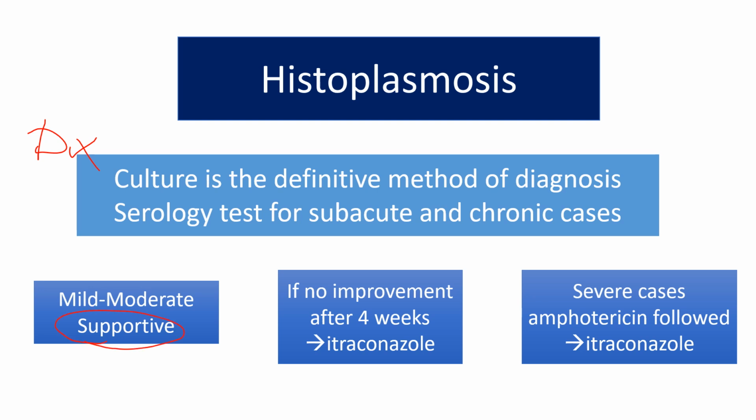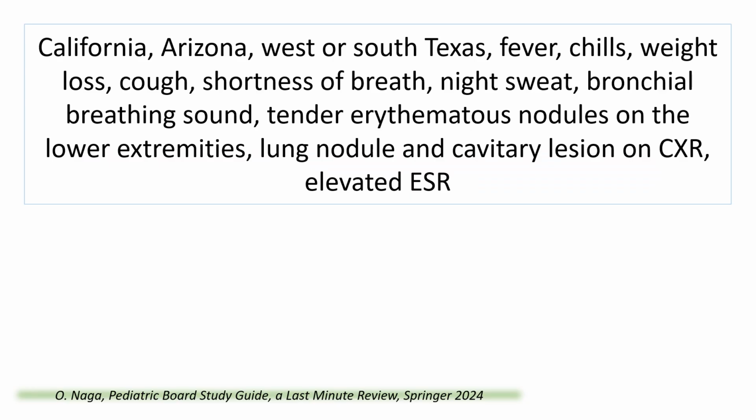If no improvement after 4 weeks, you can try itraconazole. In severe cases like disseminated infection, amphotericin B followed by itraconazole. Another case can be confused with histoplasmosis if they mention a child living in California or visiting California, Arizona, West